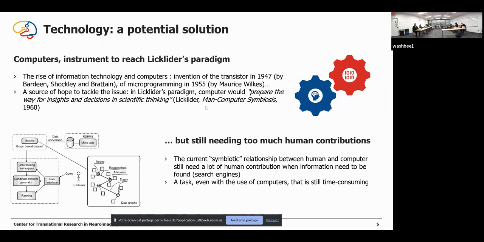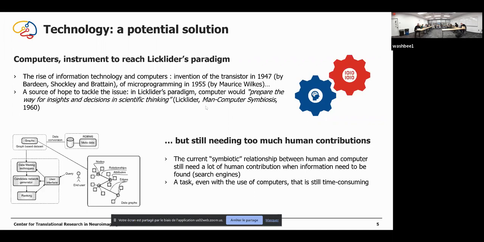So after this first remark, we can see that there is hope to tackle this issue. During the middle of the last century, inventions like the transistor or microprogramming enabled people to use information way better. And that was a sort of hope. That's why the Licklider paradigm said that humans and machines would be able to create a symbiotic relationship. The computer would be able to prepare the scientific data in a way that gives insight for decisions